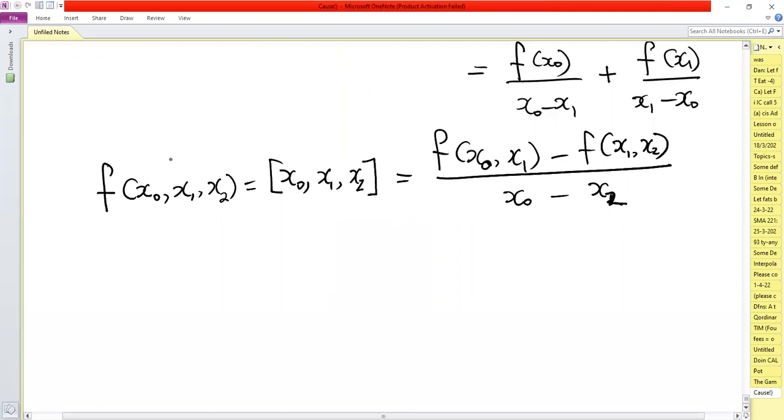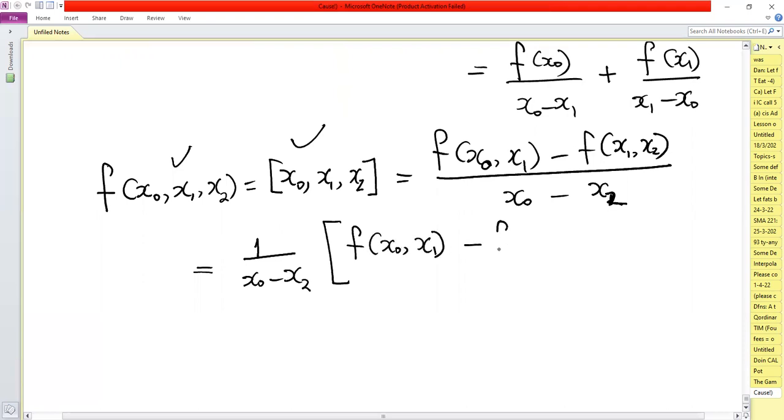Please note that this notation and this one are just the same notations for the second divided difference of arguments x0, x1, and x2. So this can as well be written as 1 over x0 minus x2 into f of x0, x1 minus f of x1, x2,